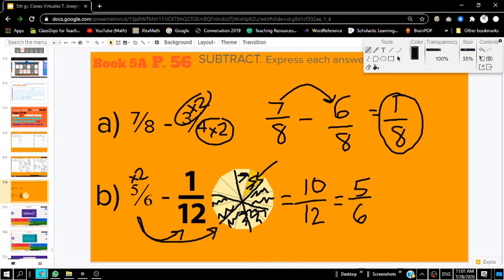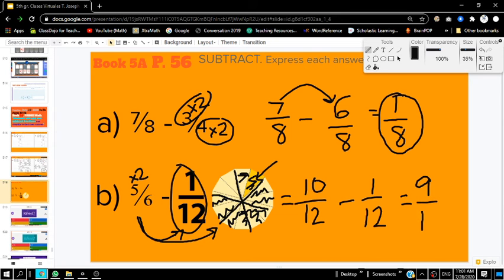Okay, so now how do we do this? How do we subtract this? Well, since we already have 10/12, because we multiplied both the numerator and the denominator, now we can just subtract 10/12 minus 1/12. 10 minus 1 equals 9. And 9/12